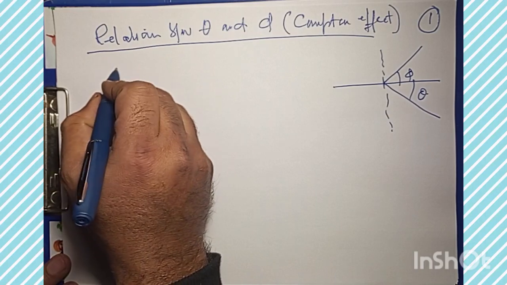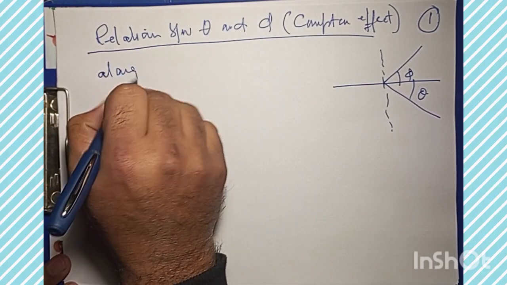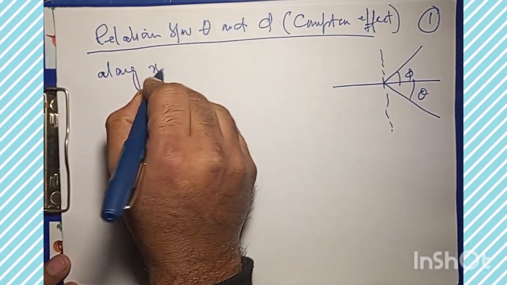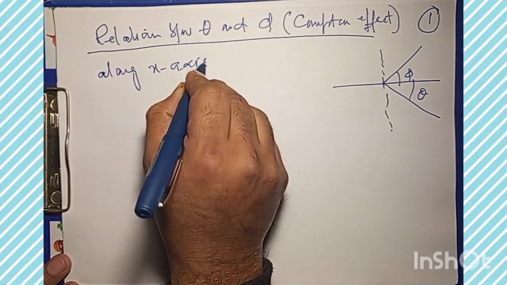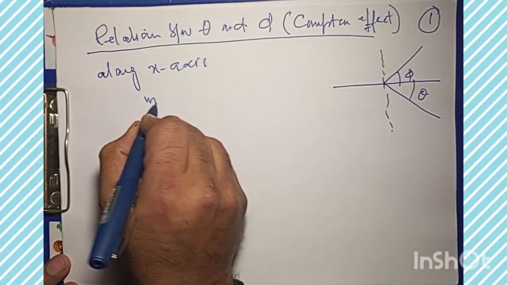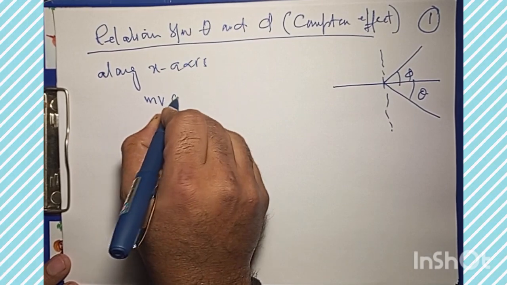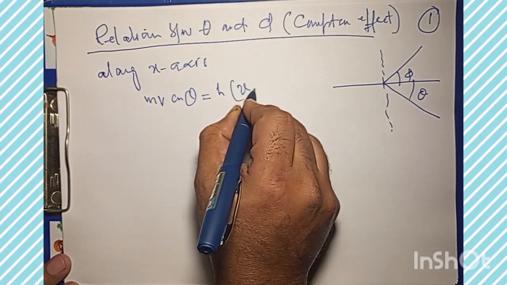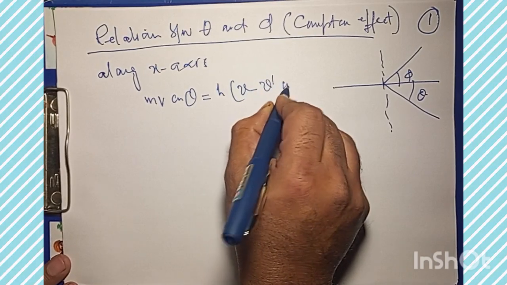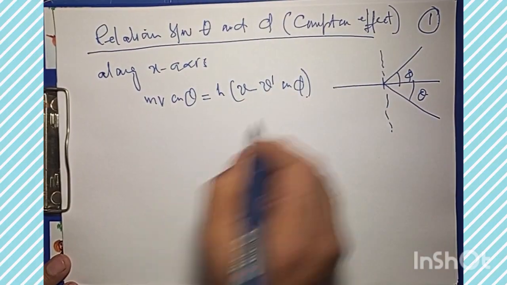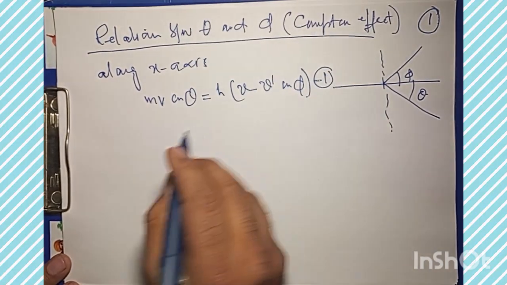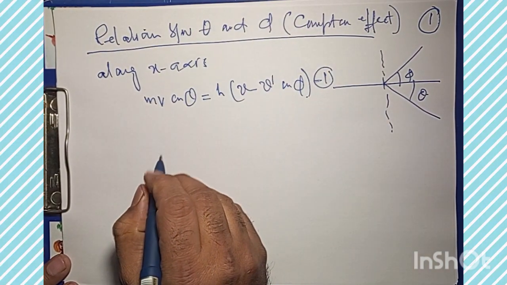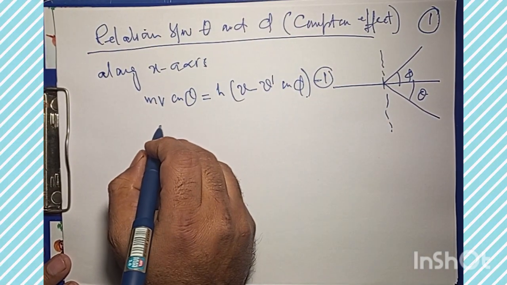an equation along the x-axis, and what was that? That was m v cos theta equals h times (nu minus nu dash) cos phi, and I'll call this equation 1. And then we had another equation